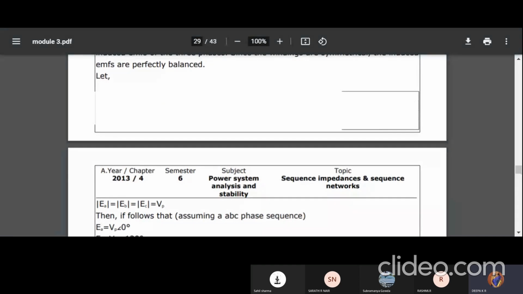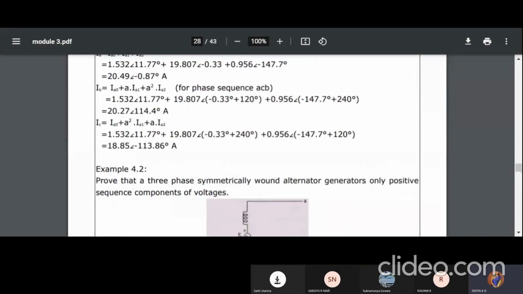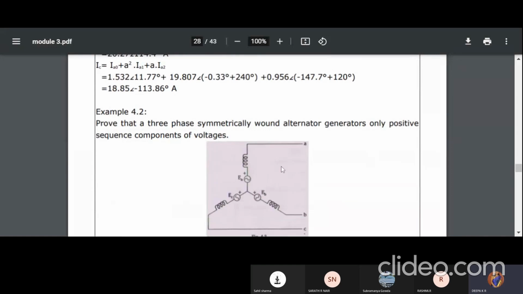And I already told you we are going to consider the angles, how far your A is moved. A is 120 degree distance from C and A is 240 degree distance from B phase, when you assume it as a positive sequence. Similarly, if I make it in reverse order, in the sense that your direction is A, this is B, this is C, then it is a negative sequence. Then B will have 120 degree and C will have minus 120 degree. But now I'm going to take the first parameter.